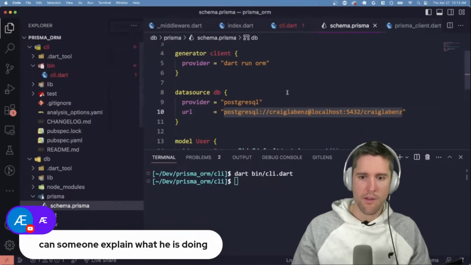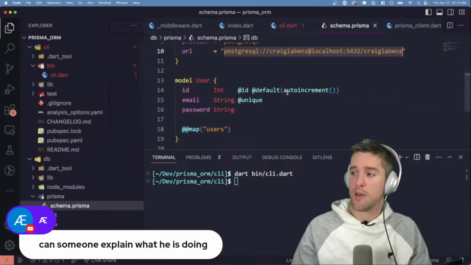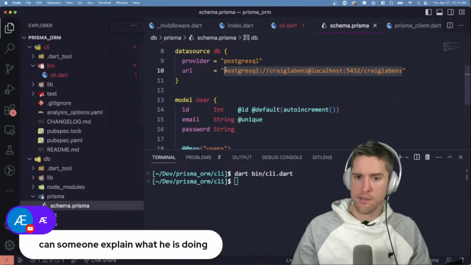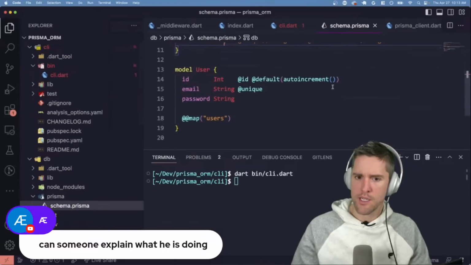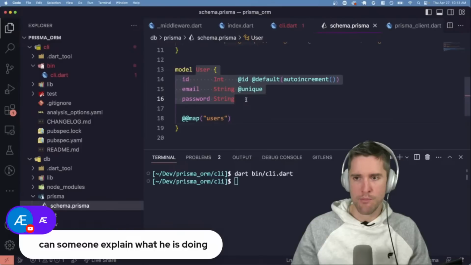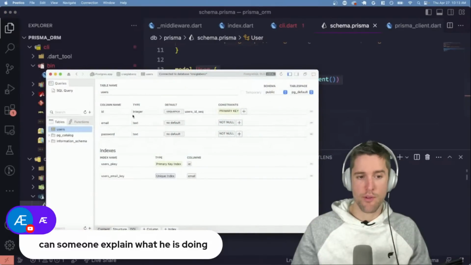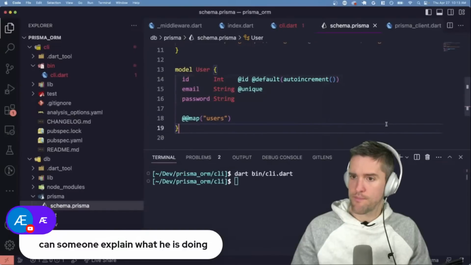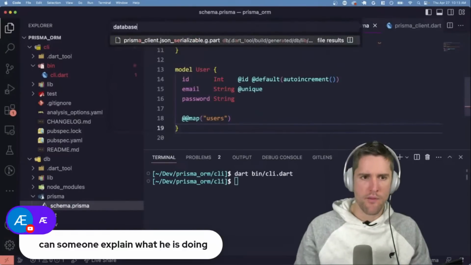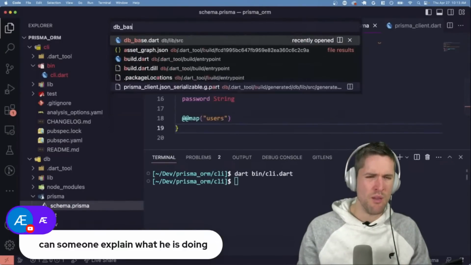Schema. So we defined in this file what our database would look like. We have the very simple localhost Postgres connection string and a users table that will emit our user objects. And if we look at Postgres, we'll see that table exists with the fields. So then in a database file called, I think, dbbase still,